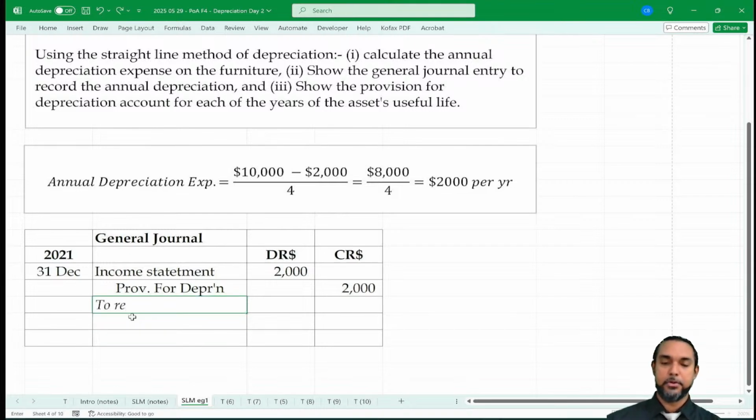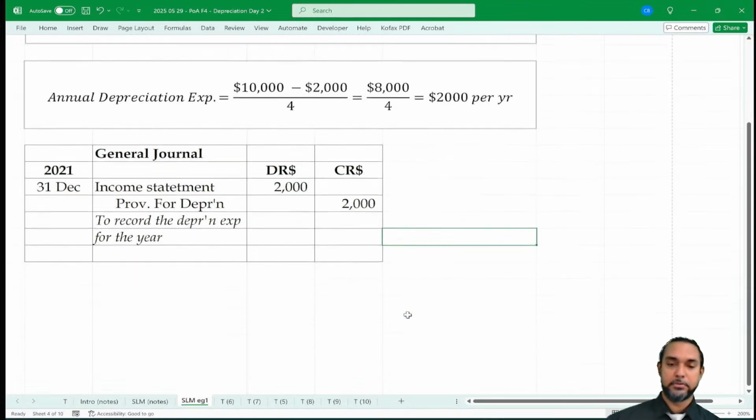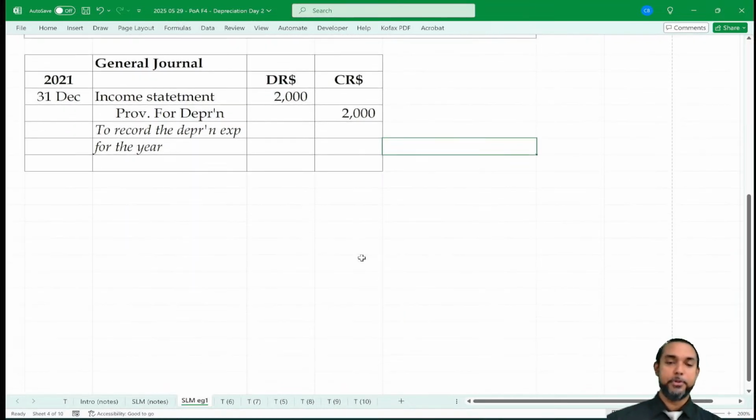So this is to record the depreciation expense for the year. Now, the thing about the journal entry for depreciation with the straight line method is that because it's the same amount every year, if you have to show the journal entries for all 4 years, it would be quite redundant, right? So don't copy down what I'm about to do, but I'll just show you. So what would happen,